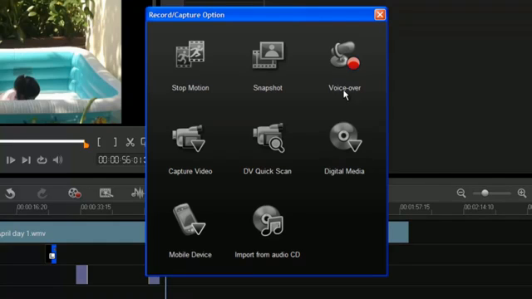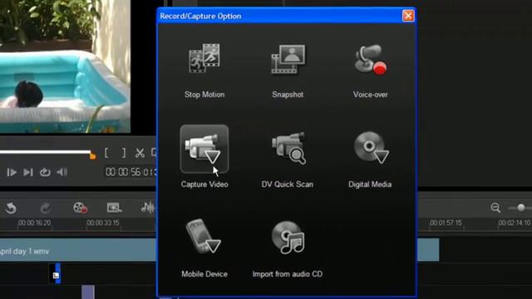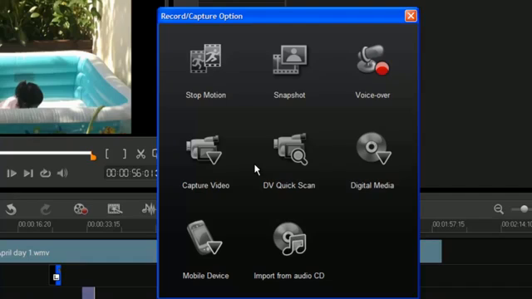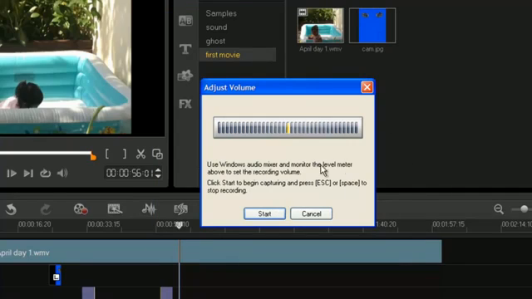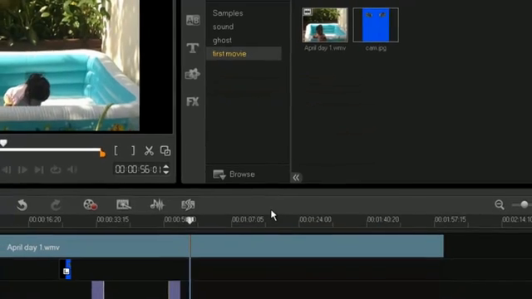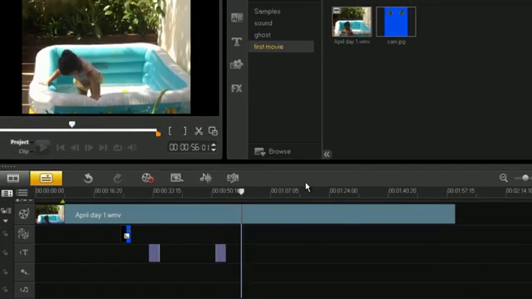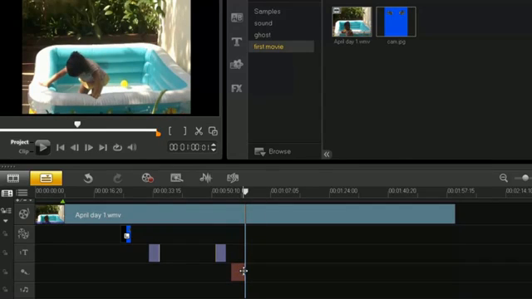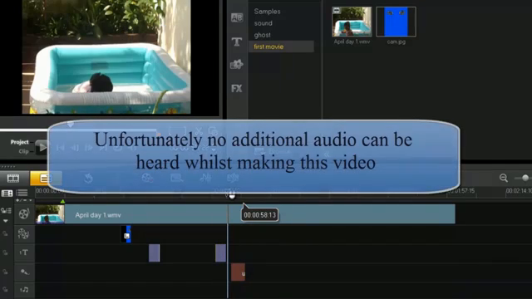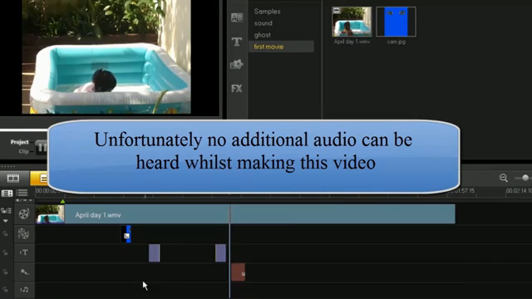A window will pop up. You get many different options of what you can do. Let's just stick to the basics. Voice recorder, if you click on that, you will now have a voice. So let's do test 1, test 2, test 3. And what I did there to stop the audio file is I press my space bar. And then if we go back, I now have